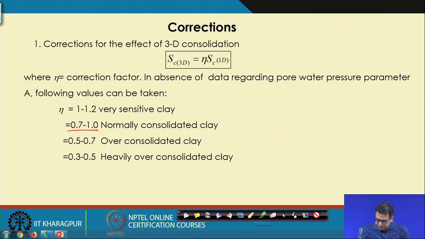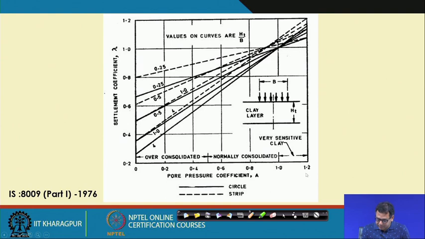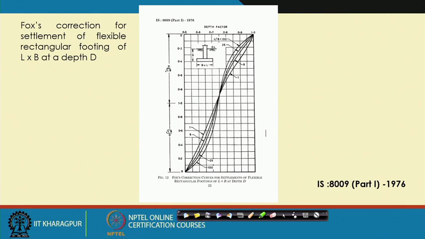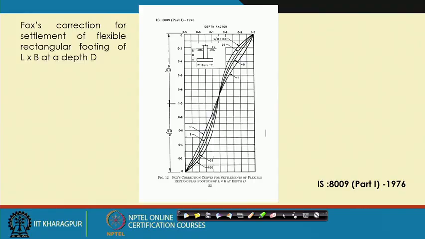And if the A value is available, then you can use this chart that I have used for the determination of the pore water pressure correction factor. Then the third correction factor is the depth correction factor. You can use this chart that I have used. For all the problems I will not show the chart, I will just mention that I am taking it from the chart. So, this is the chart that I am using.